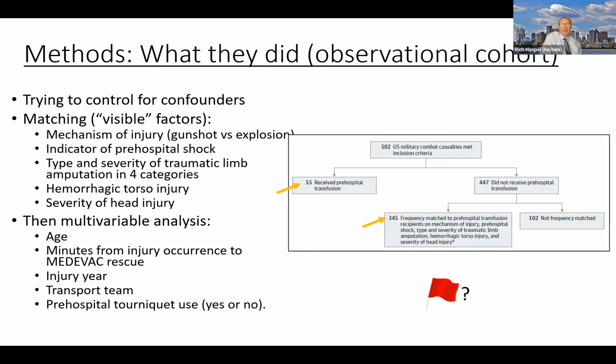So, any concerns from what I just talked about? I think people sort of mull it over, and I'll read out the chat. Yeah, sure. So one that came up was, why were the 102 not matched? Okay, so that's good. What was going on there? So many people not matched at all. Yep. Comment.